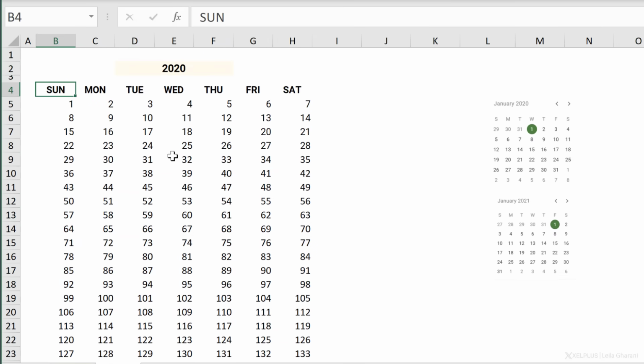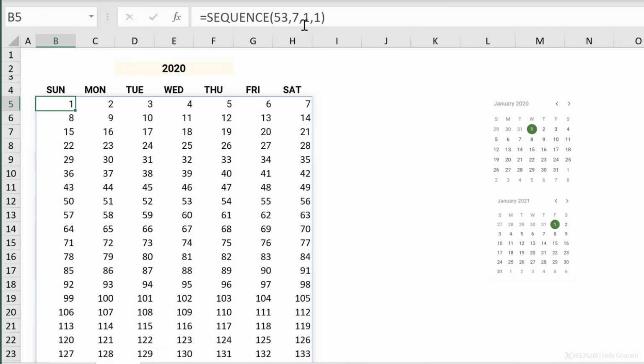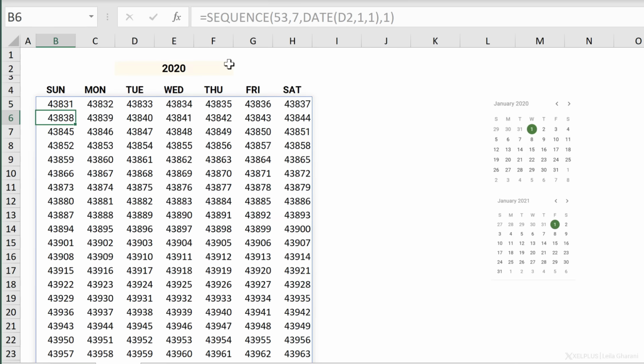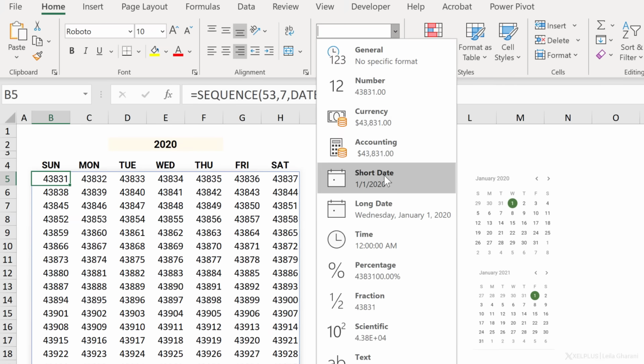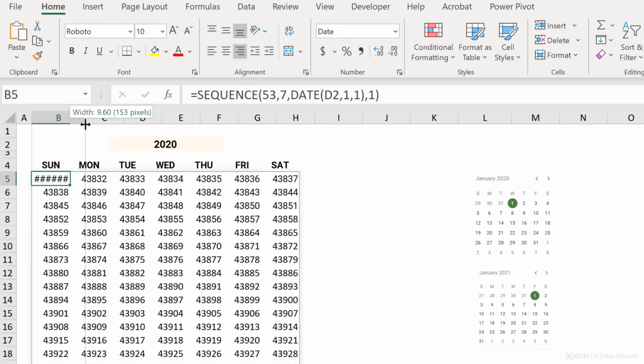Okay, so now let's take a look at the tricky part. I put a 1 as a placeholder, but we need to find the correct date. Let's just put a dummy date here. I'll just use the DATE function and assume that this is the 1st of January 2020. For year, let's just select this. Then we need the month, so we're going to put 1 for January and 1 for the day. Now, when I close the bracket and press enter, I get the number value that's associated to the 1st of January 2020. If I switch this to a date, I see my date correctly.